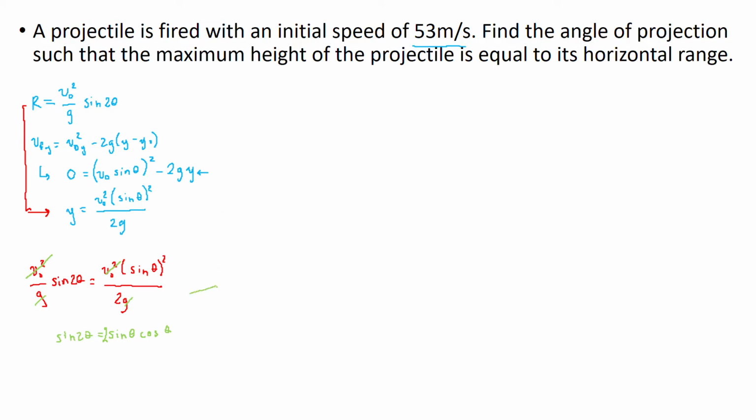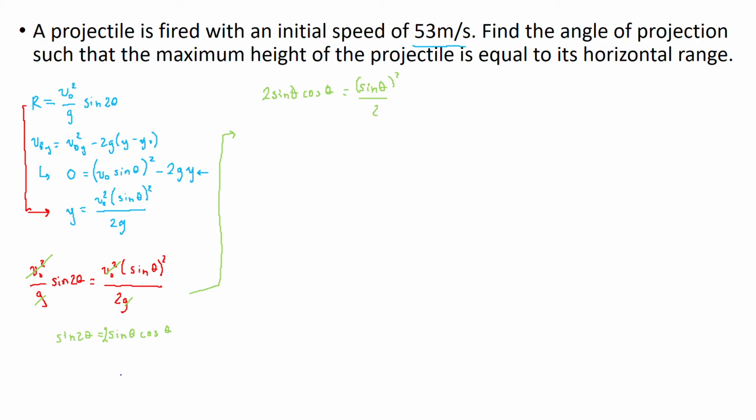I'm going to continue over here. So from here, we know that 2 times sine of theta cosine of theta is going to be equal to the sine of theta squared over 2. Okay? So now we find that